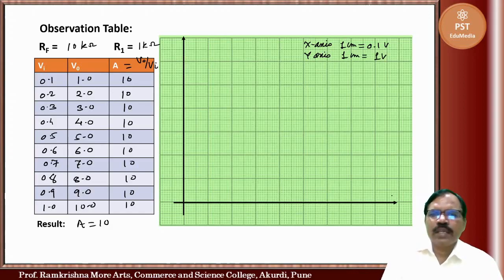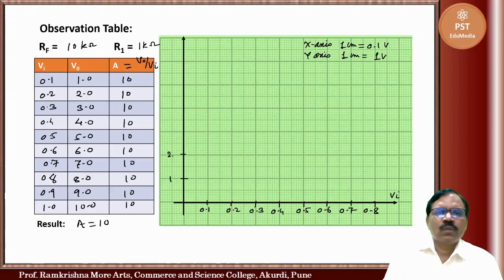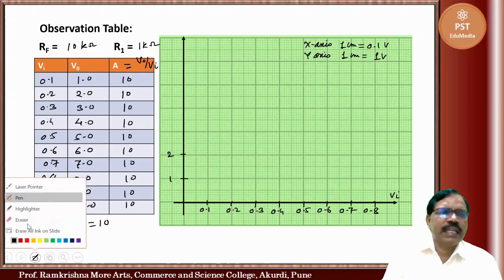So here we have Vi on this axis, so we can take 0.1, 0.2, 0.3, 0.4, 0.5, 0.6, 0.7, and you can take 0.8. Now here 1, 2, 3, 4, 5, 6, so you will not get that, so we will change the scale.